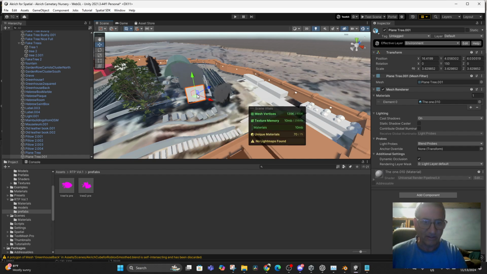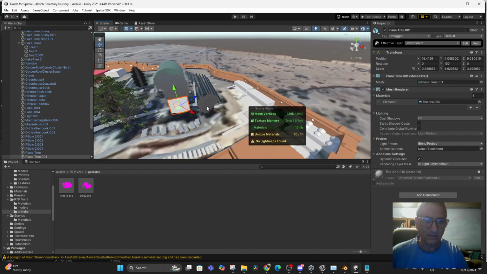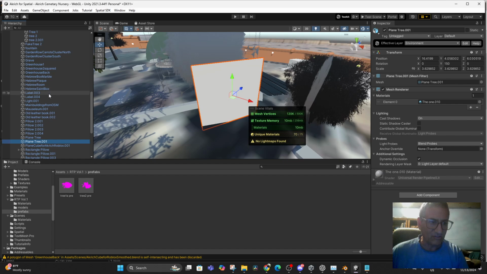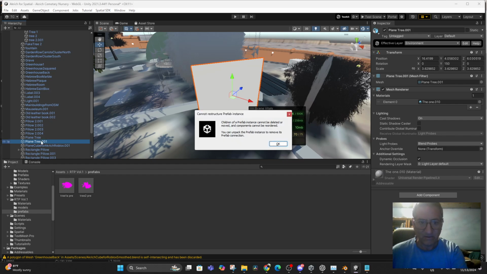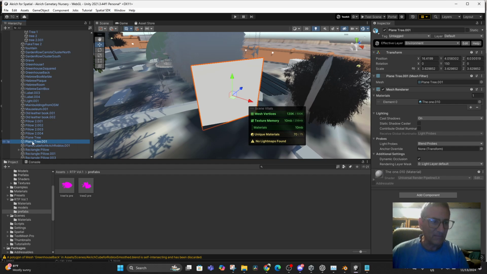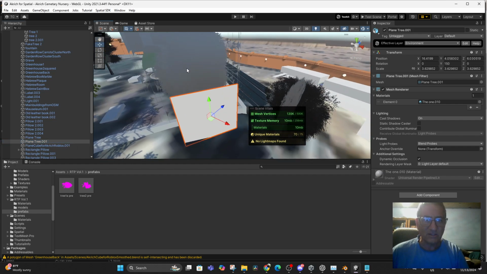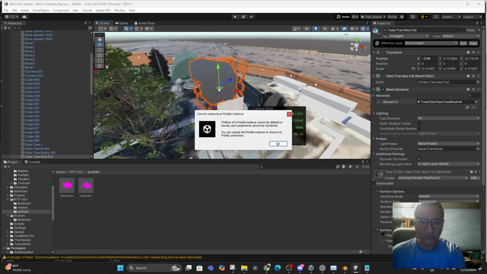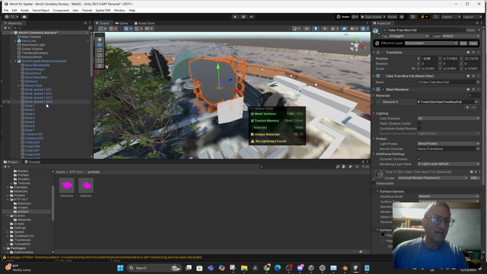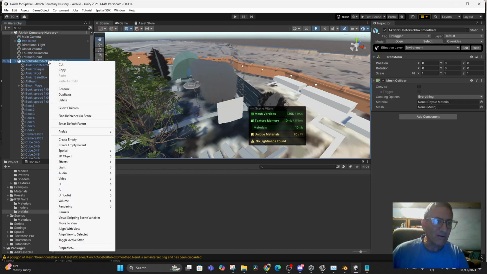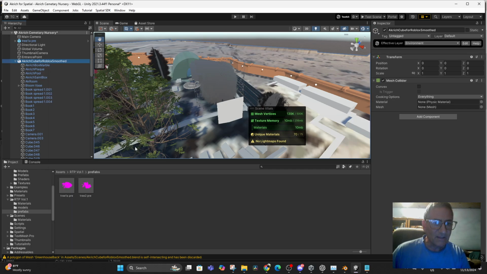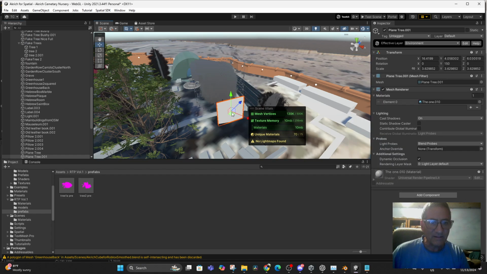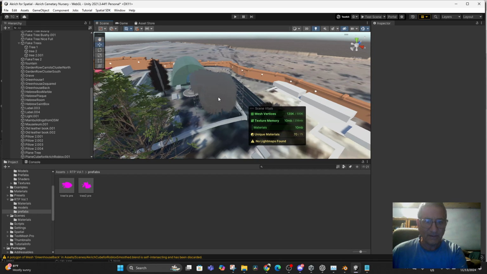Can it be deleted? Probably have to take it out of the Blender model because it's part of a prefab, and that drives me nuts. It's part of the Blender prefab, so it's really hard to unpack these prefabs, because when you hit delete, it says you can unpack the prefab instance to remove its connection, and that would mean coming up to this prefab here and unpacking it, and then and only then can you delete. So boom, boom,